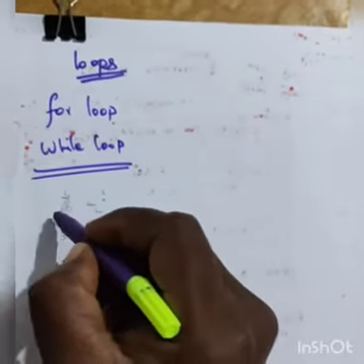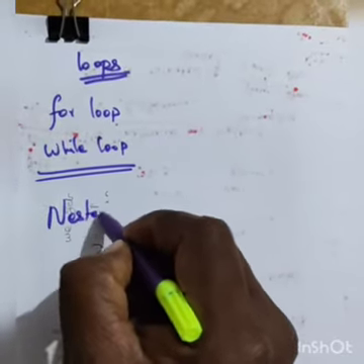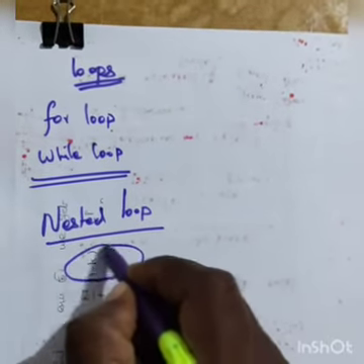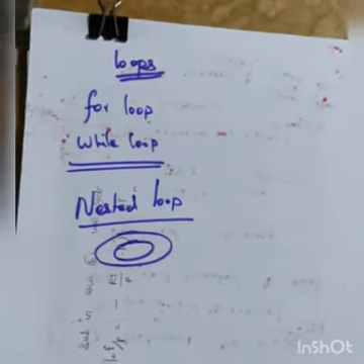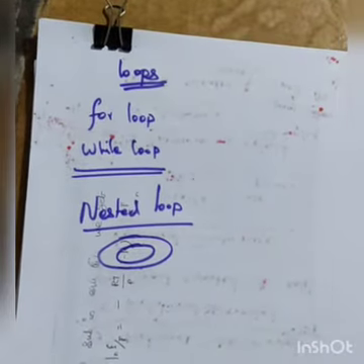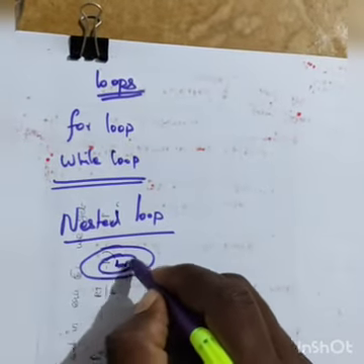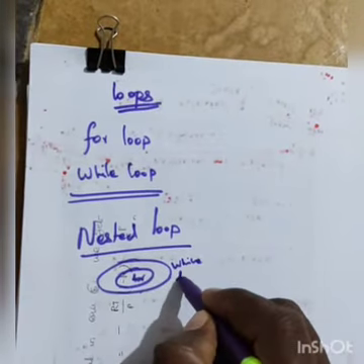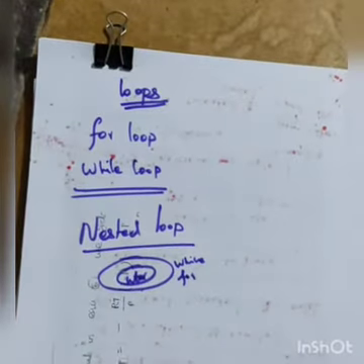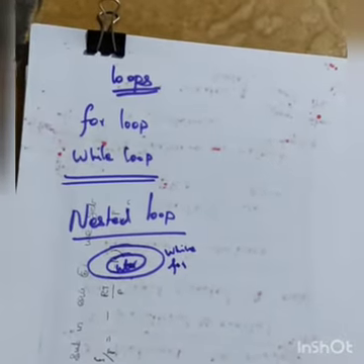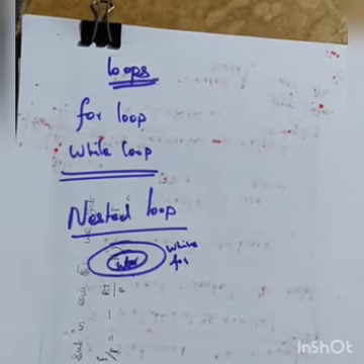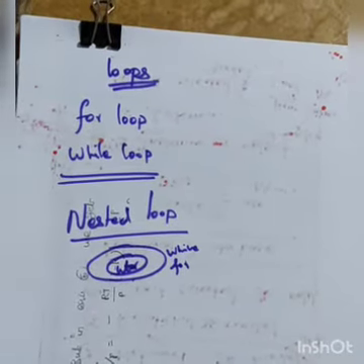Okay, in this class I will teach you nested loop. What is this? Nested loop is nothing but one loop inside one more loop. Inside one loop, you can put one more loop. That is called what? The inside can be a for loop or a while loop, and the outside can be a for loop or a while loop. For loop outside, while loop outside, then while loop and while loop, whatever loop. One loop inside, and then one more loop is there. That is called what? Nested loop. Okay, within one more loop means that is called nested loop.